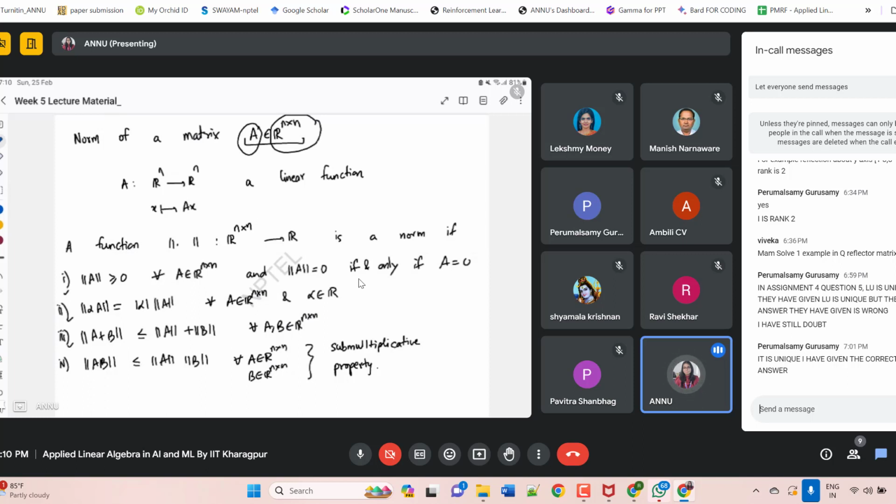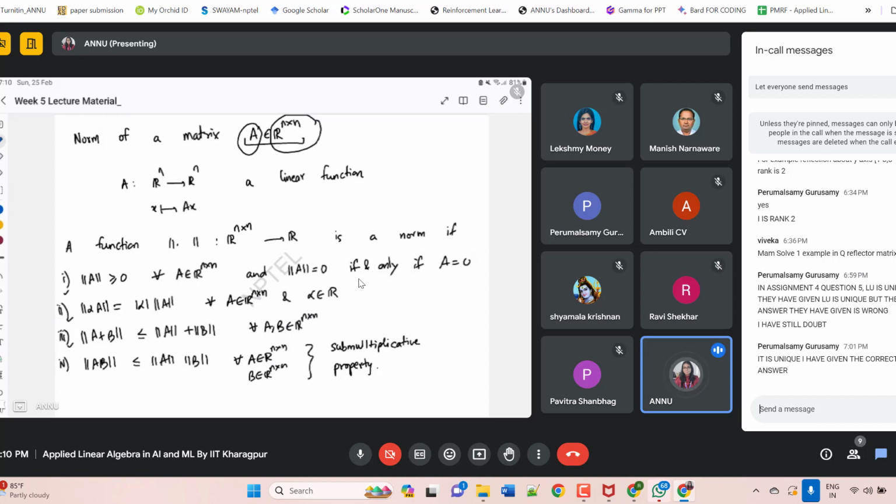So what is a norm of a matrix? How do you identify the norm? Whenever we define a norm, it can be defined in two ways. It can be defined as a function of a matrix, or it can be defined as only this norm. A norm can be defined as a function that follows these particular properties, having this matrix A, because we know that any linear transformation function can be represented as a matrix. We saw this in week 2 or week 3. Similar goes for here.